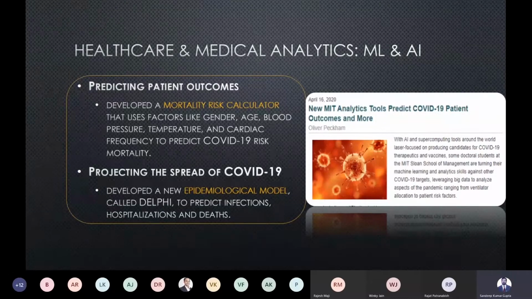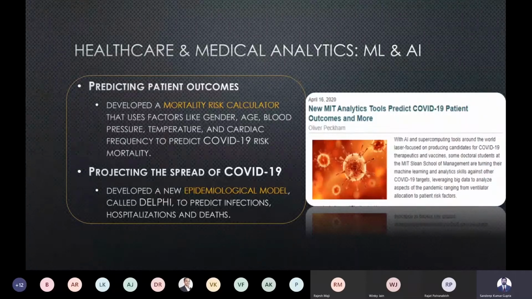You have been wondering since the beginning of the talk, can we use analytics in healthcare, and in particular to fight against COVID-19? That's the biggest issue of the present time. Can we cope with this disease? Now I'm going to share the findings of a few scholars from MIT Sloan School of Management. They have been pursuing some research. Here are the key findings. It's not published in a standard journal, but there is an article on it.